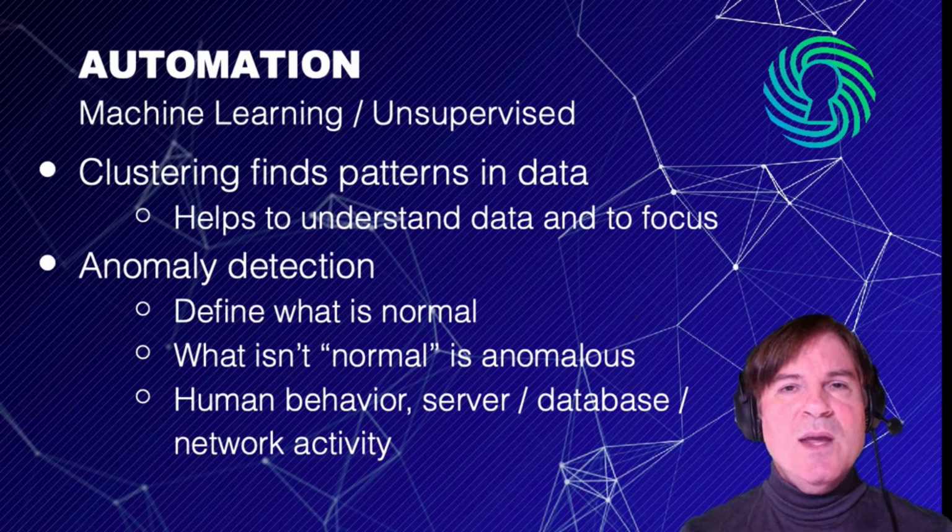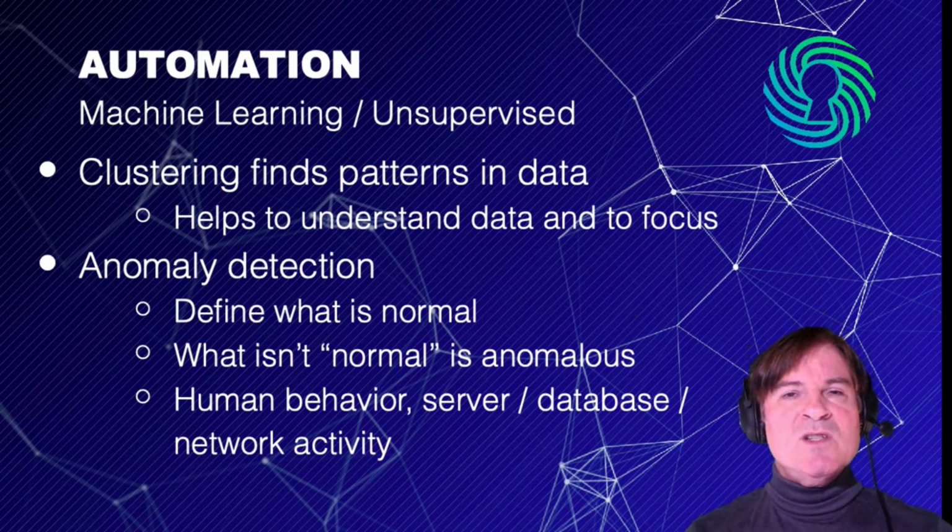The first of our two areas of machine learning is unsupervised machine learning. And what we mean by unsupervised is just that the algorithm that you are using is going to go into a set of data for you and find patterns that are already there. It's unsupervised. It's a little bit of a misnomer because there are some human metrics that have to be decided at the front end, but that's the idea.